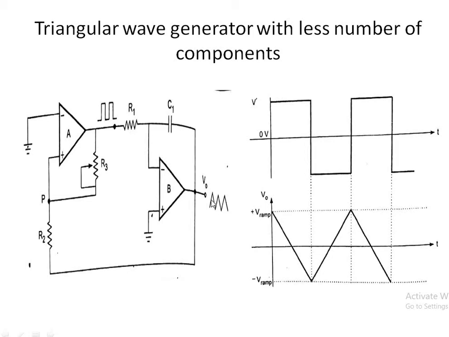This rising ramp signal, the positive output, is fed back to this point. As a result, here we will get more positive. When this input becomes the high threshold value, or positive V ramp, what will happen? When the non-inverting terminal input becomes greater than the inverting terminal input, the output gets shifted back to positive V saturation, as you can see over here. Then this process repeats, and as a result we obtain the ramp signal. So this is the operation of the triangular wave generator.